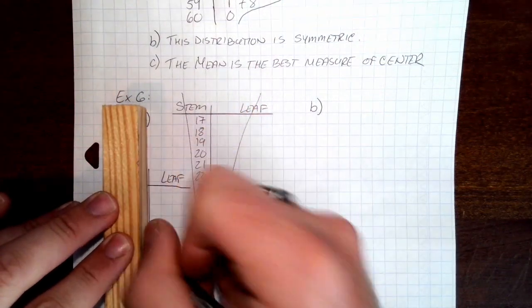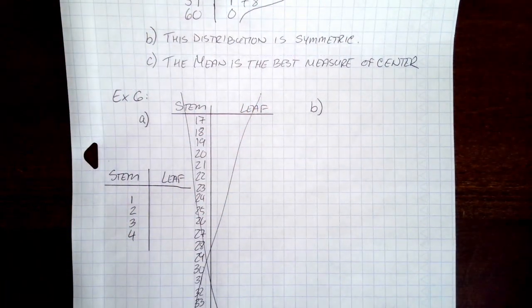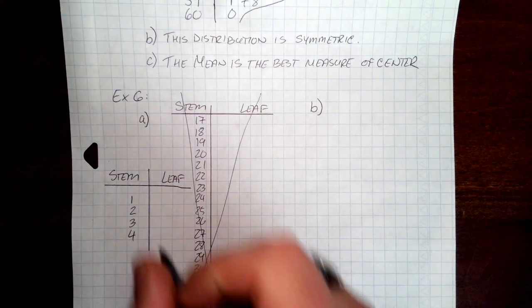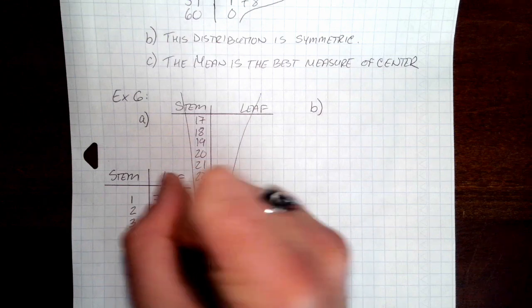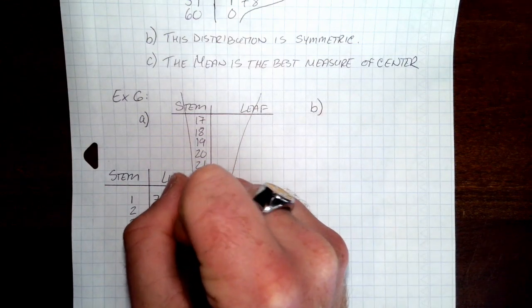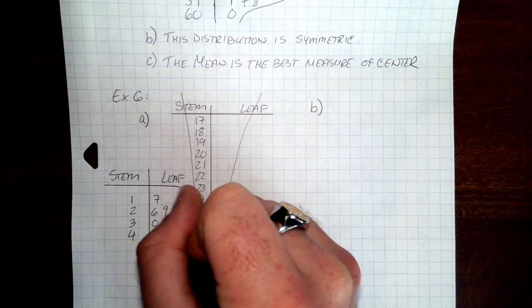Get ourselves some organization here. So again, looking at our numbers, luckily they did give these to us in order. Our numbers in the stem and leaf plot were 17, 26, 29, 29, 30, 31, 32,